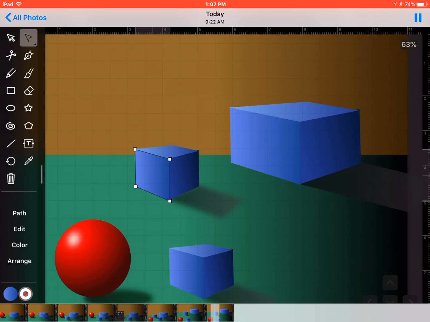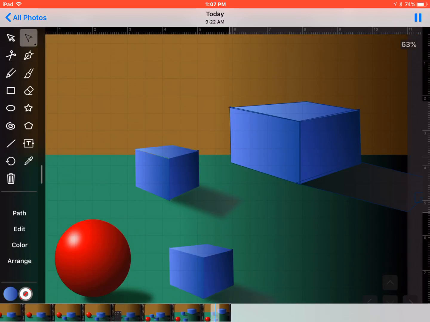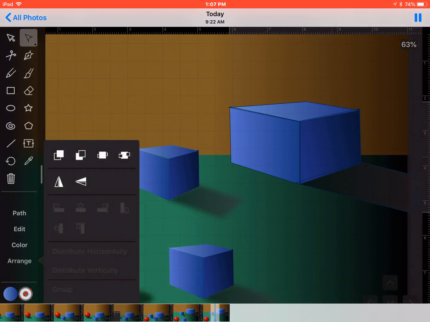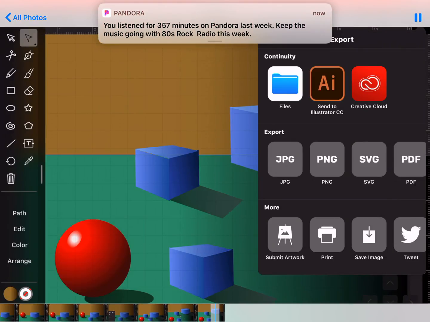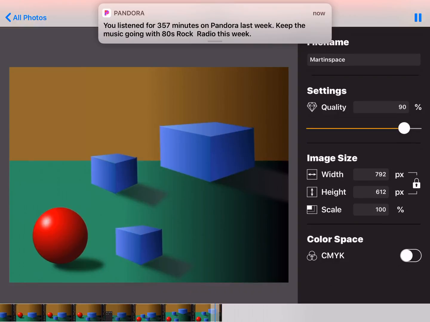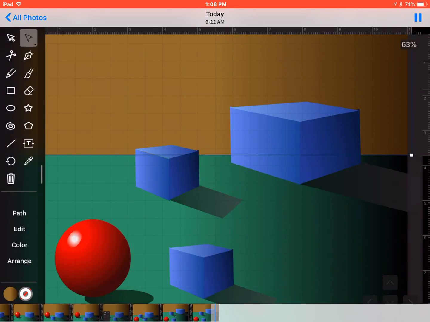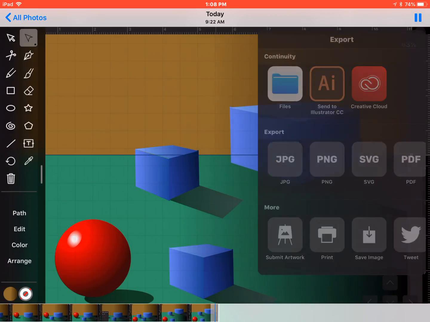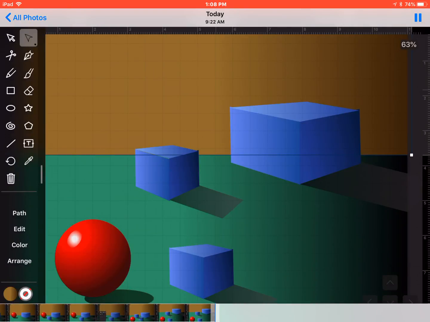So play around with the feeling of your lights and your darks. Let me ungroup that guy back there. He's the only one who's not ungrouped yet. All right, once you get yourself set, remember you're going to go to the up send menu, and you want to save as a JPEG, and then save as an SVG, and you want to put those into your Google